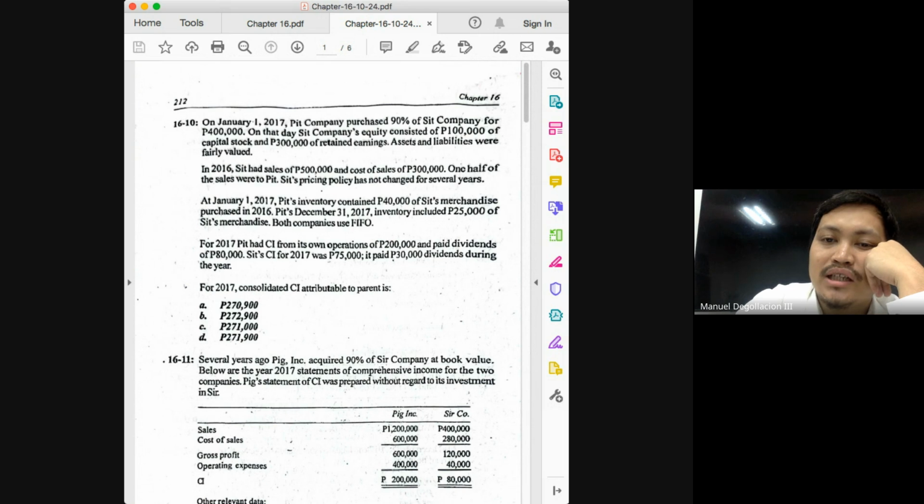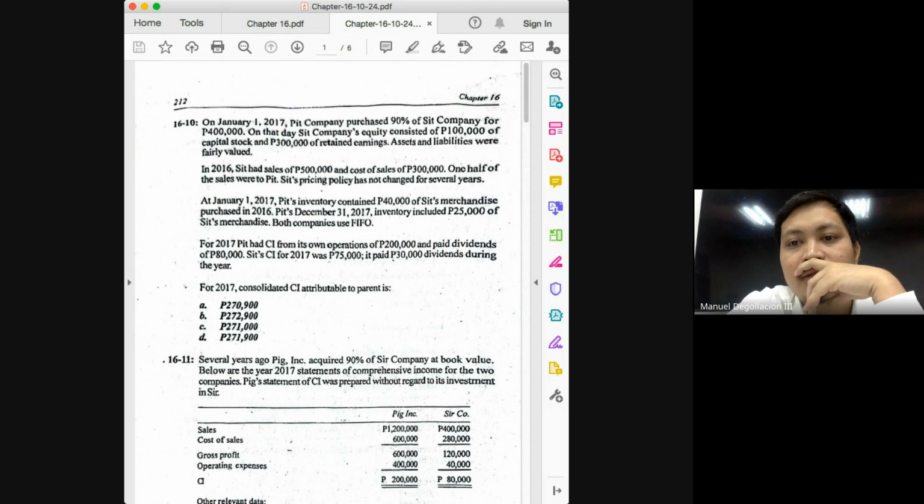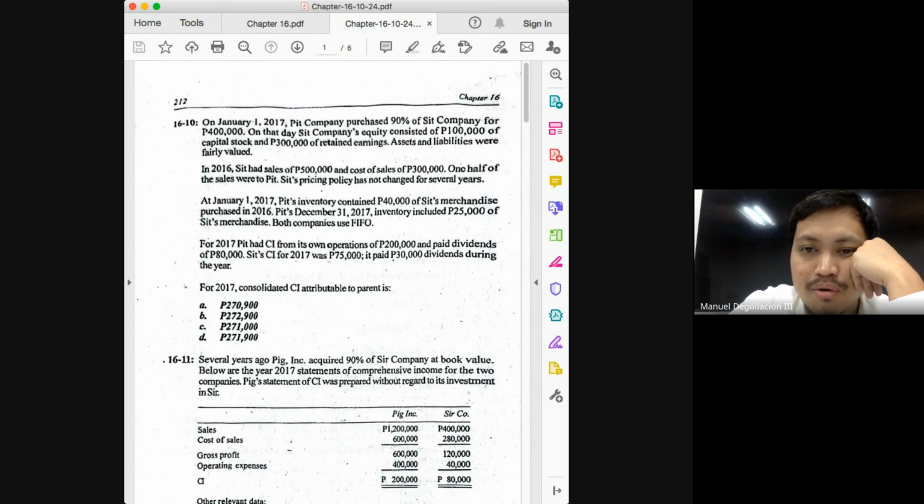Okay, but again, there will be an adjustment to the income of the parent only if there is a transaction originating from the parent or if there is a downstream transaction. What do we have in this problem? In 2016, sales and cost of sales, 1/2 of the sales were to Peat. So in 2016, the transaction was from subsidiary to parent. What happened in 2017? Peat's inventory contained 40,000 of SIT's